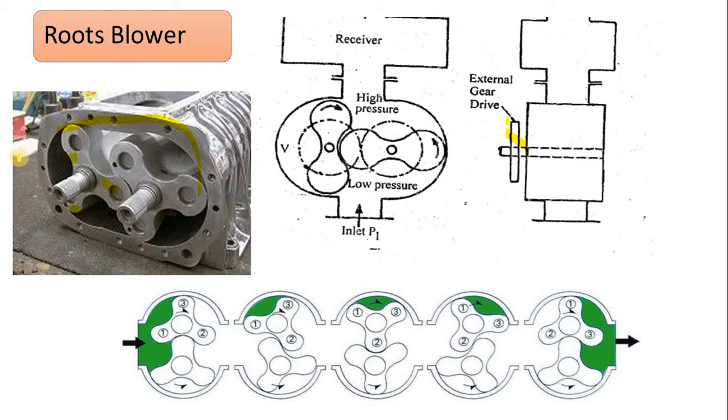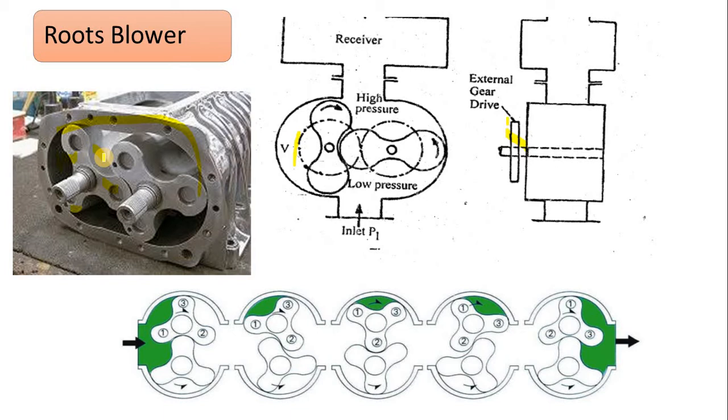The interesting fact is that these two lobes are fitted in the casing. This is the casing area, an airtight casing with very little clearance. Air is trapped in the pockets. These are the pockets. Through those pockets the air is trapped, and a high discharge of high pressure air moves out continuously. So this is the root blower compressor.